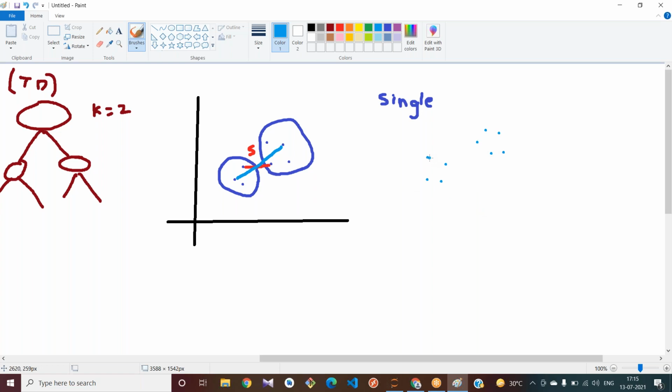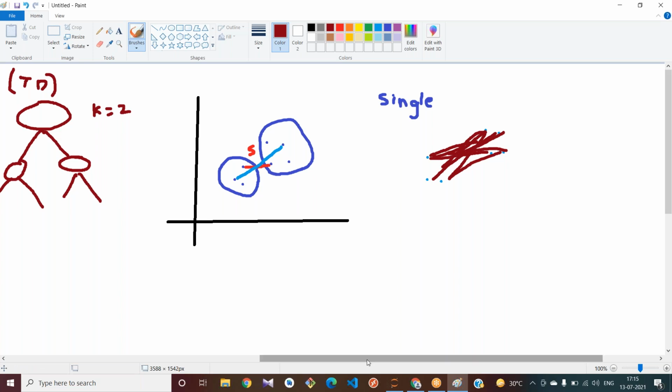Okay, it tries to find out the distance from this point to this point, this point to this point, nothing but from that data point to all that cluster points. Similarly, from this cluster to all other data points, it tries to find out the distance and do the average. Okay, and try to do the average of these distances. This is the distance measures that it is following.